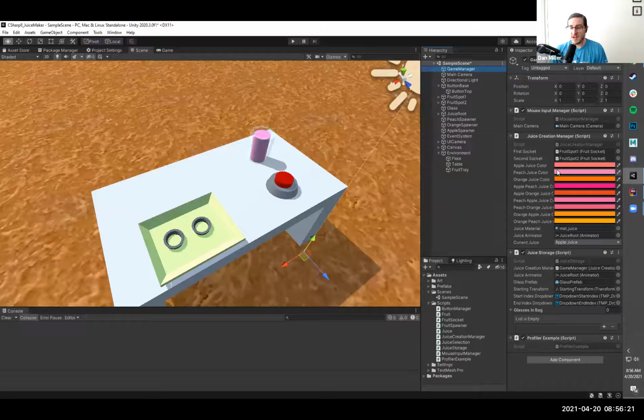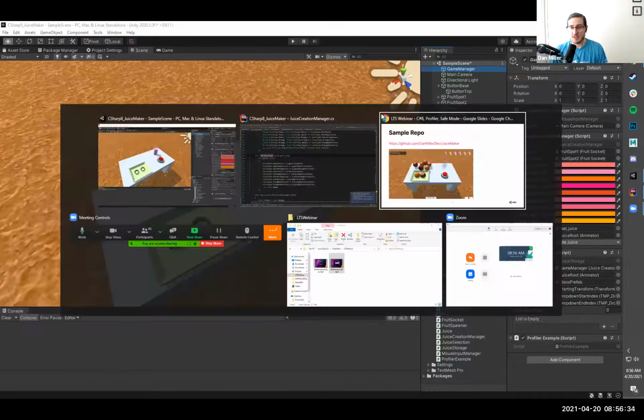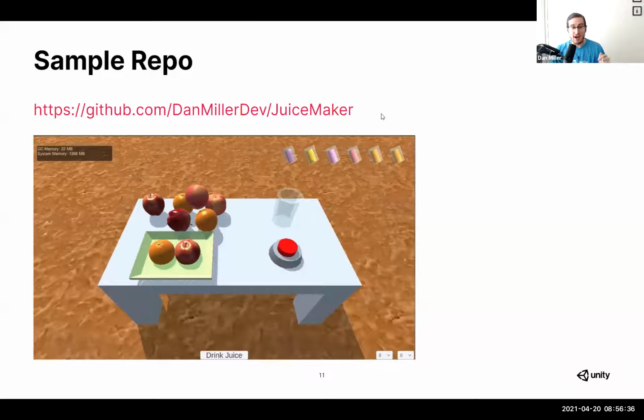Really, this was just a sample project that I put together to play around and make a little demo scene for testing out some of these new C# syntaxes, and also exploring some of the different use cases within a real project and within Unity. This is publicly available on my personal GitHub, so you can go to danmillerdev/juicemaker.